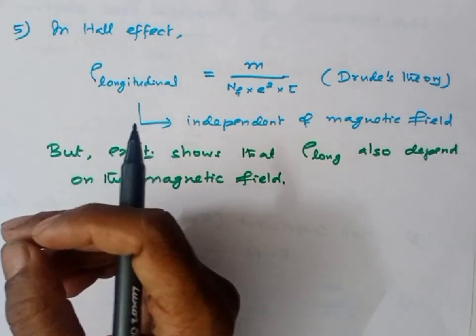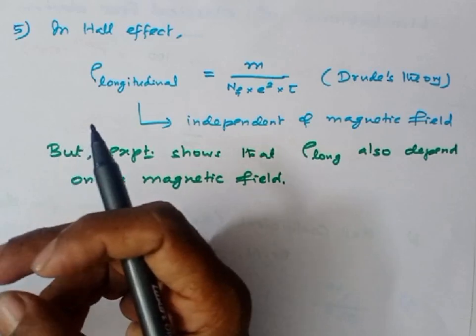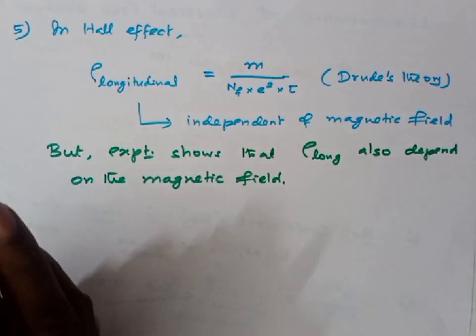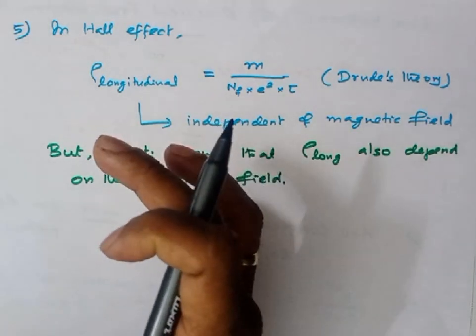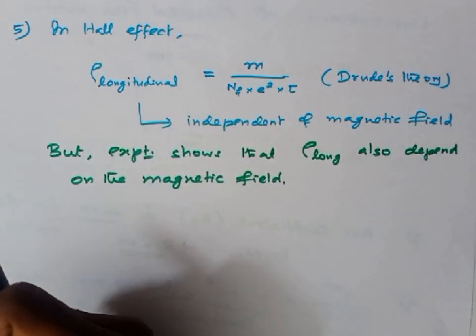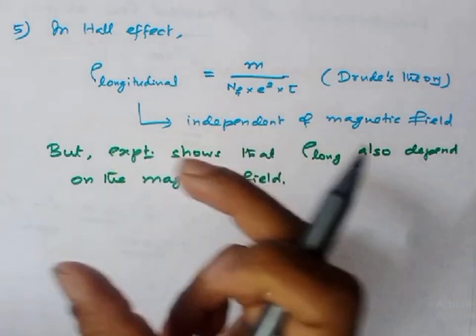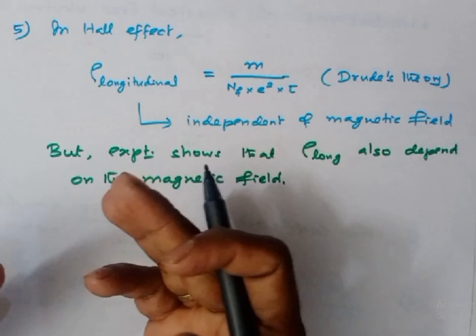And if you connect the other opposite ends to another voltmeter, in the absence of an external magnetic field, there is no voltage in the transverse direction. But when you apply a magnetic field, you will get some voltage in the transverse direction, which we call